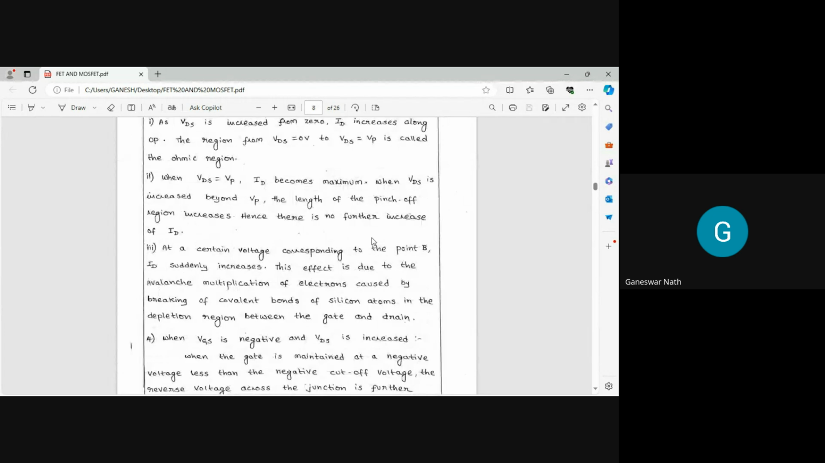Now, at a certain voltage corresponding to point B, ID suddenly increases, and this effect is due to the